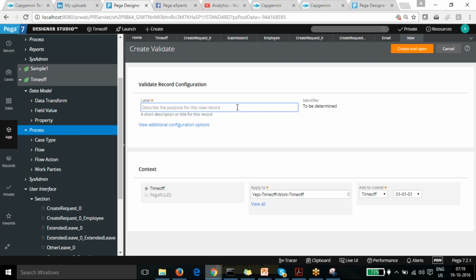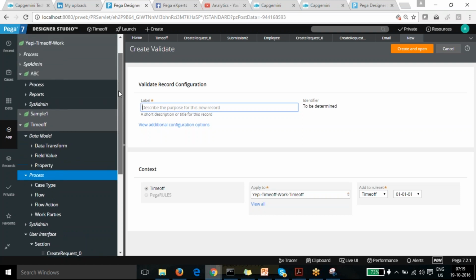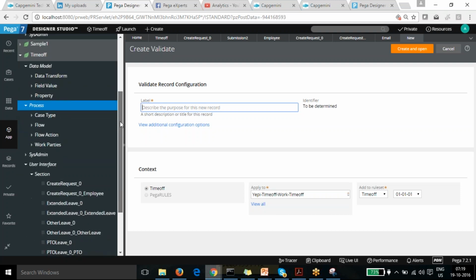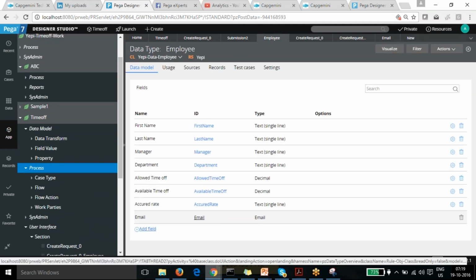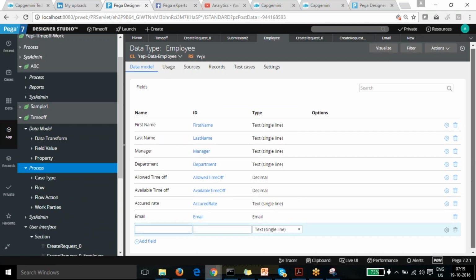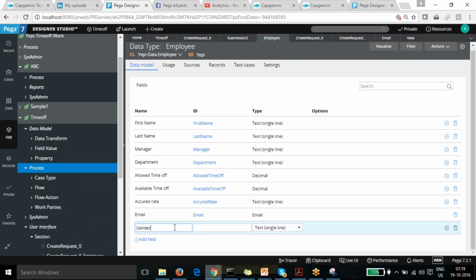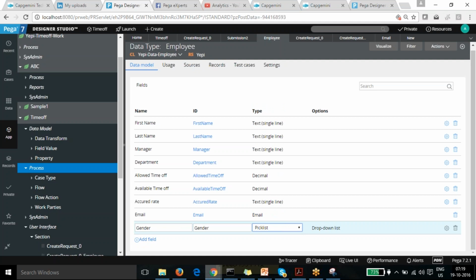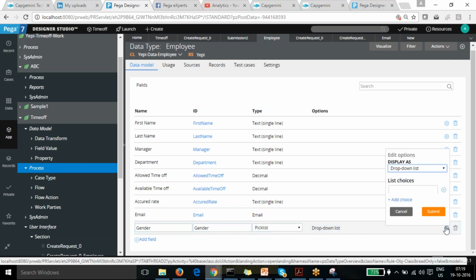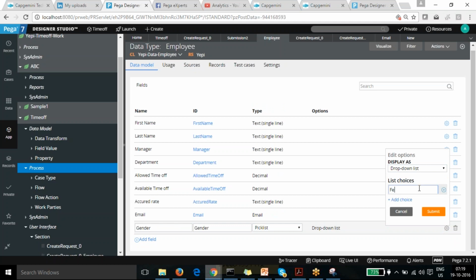That drop down I've already shown you. One more field I'm going to add to show the radio button. We want to see the employee's gender, male or female. So we can add one more field within the employee for that. The email I've shown you. So we say gender, and I want to show you a pick list from here, and I can include the values, but I can change the format to display as a radio button in the UI.